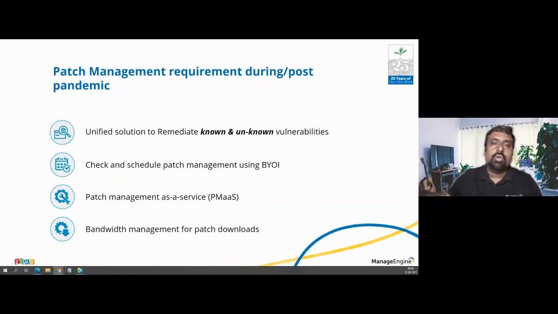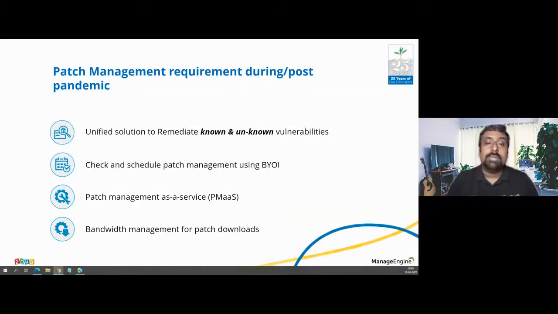They can directly download from the internet and get the patches installed wherever they are, and inside the office, of course, we can put a lot of restrictions on the bandwidth, how much it should consume, and a lot of granular control in the way patch management operates. And then patch management as a service, that's not really a service, but more of a requirement. You should have a tool that is able to patch machines globally, wherever you are, whether in Australia, the US, Canada, or India. My patch management service should be able to detect my endpoints, and I should be able to patch those machines in a very unified approach.